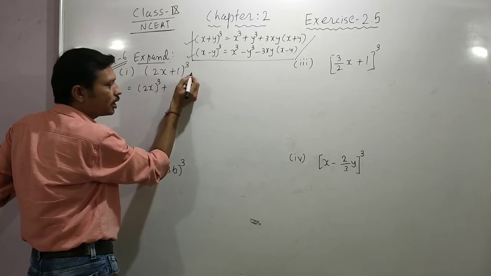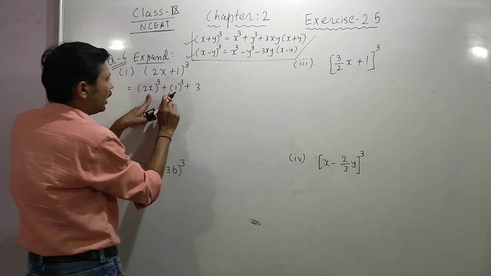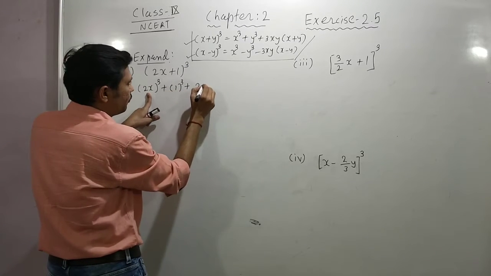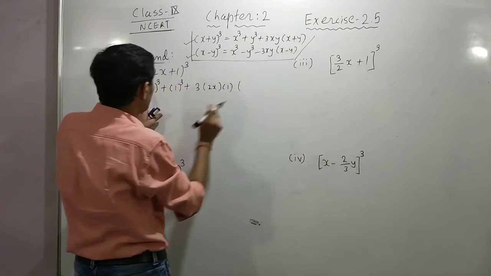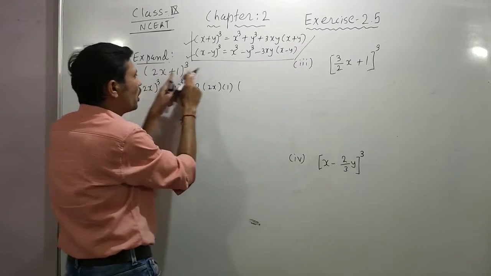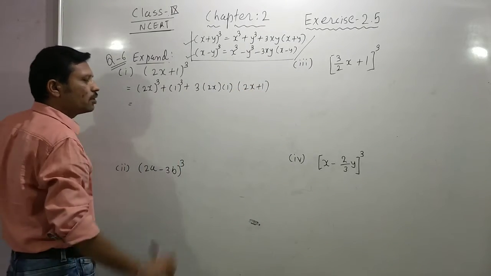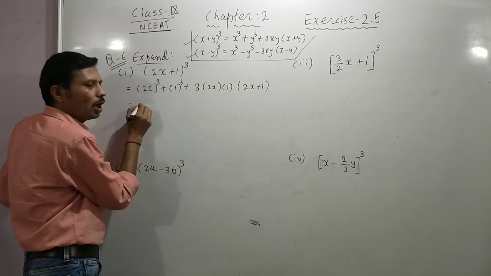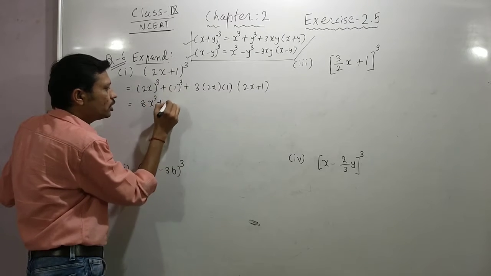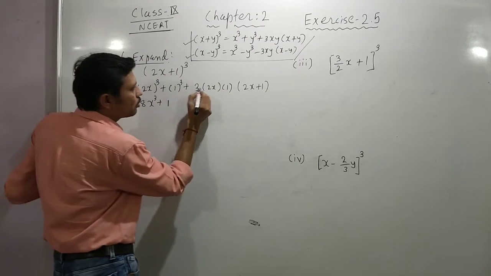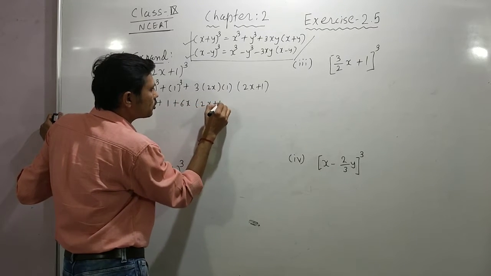Second term we are considering as y, so 1 cube, plus 3xy, so 3 times x and y. This one is x, this one is y. So 2x and 1. And at last in the bracket x plus y, that means the sum of these two, otherwise this binomial as it is. So (2x plus 1). Now further we will simplify this. (2x) the whole cube, how much? 2 cubed is 8, x cubed is x cube, 1 cubed is 1. Now 3 twos are 6x and (2x plus 1).